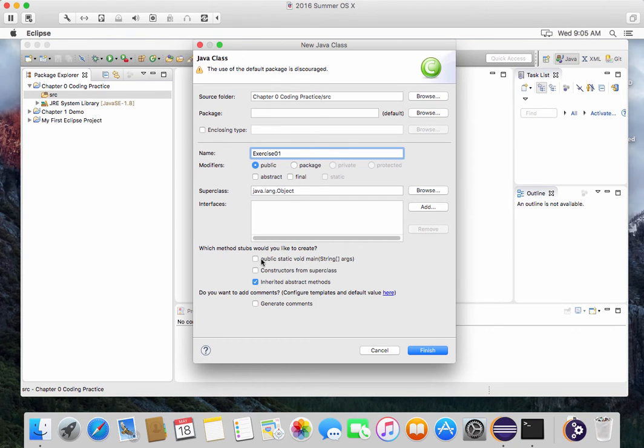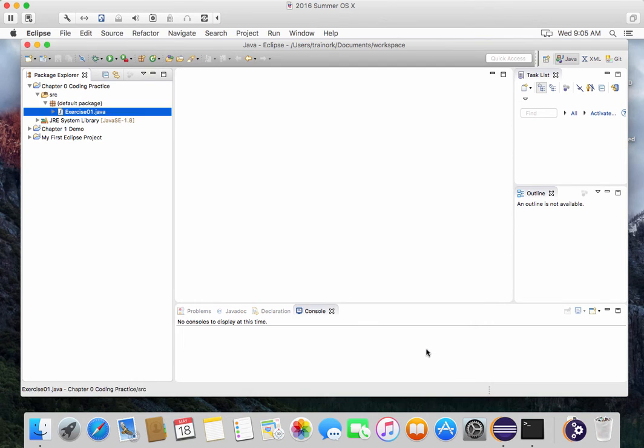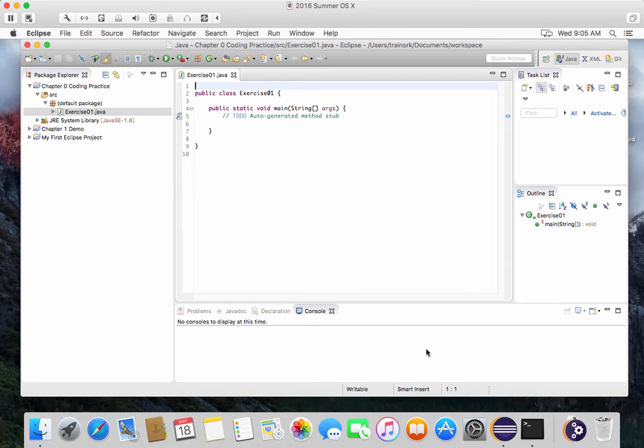I'm going to take the defaults, except I want to remember to ask for a public static void main. I want a main method created for me. So I'm going to check that box and click on Finish. Of course, we haven't learned how to do a whole lot yet in Java except to print things on the console, and of course, we'll do that. So I'm going to delete that single line comment and replace it with the statement that we use to print, which is